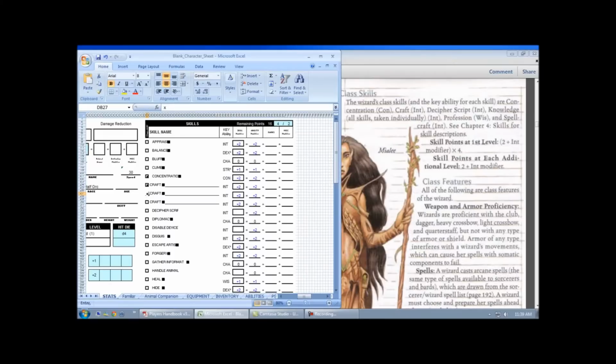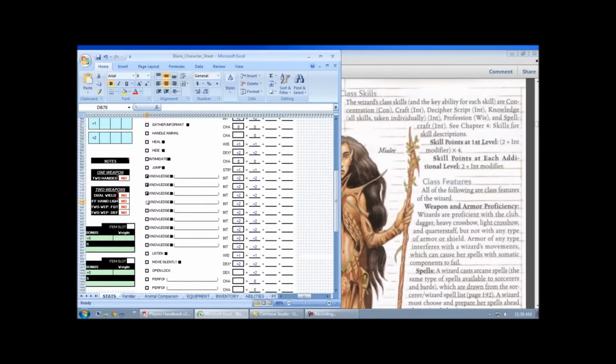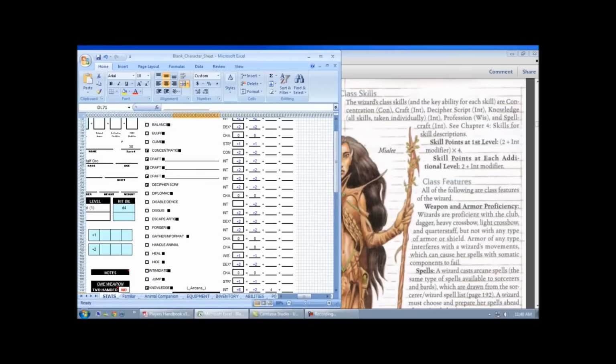This will allow the sheet to keep track of which skills only require 1 point. For instance, if I put 1 rank here, you can see that goes to 14 because this is a cross-class skill. Whereas if I put 1 here, it only goes to 15. So we mark down the wizard's class skills, which are right at the top of any class description. You'll have their class skills right there before their weapon and armor proficiencies. Profession and spellcraft. Alright, so we're going to max out 4 skills to rank 4, and that will be spellcraft, knowledge arcana, decipher script,